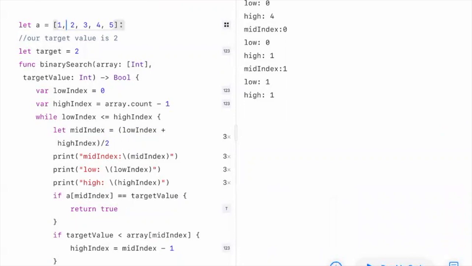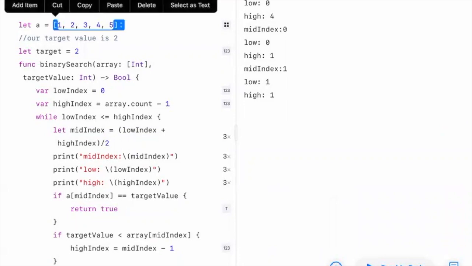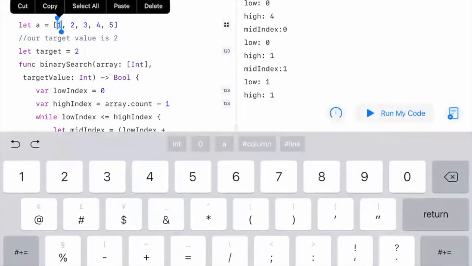So now when we only took 1 and 2, we said that our mid index would be 0 because our mid index would be the index of 1 because it's the 0th element. And we said that 0 plus 1 divided by 2 is technically equal to 0. Our low index and our mid index are the same in this case. But then our high index is 1, which has a value of 2. And then our mid index, low index, and high index are all the